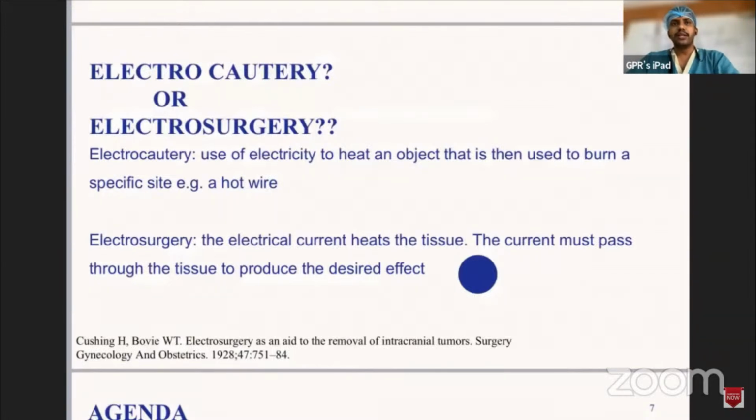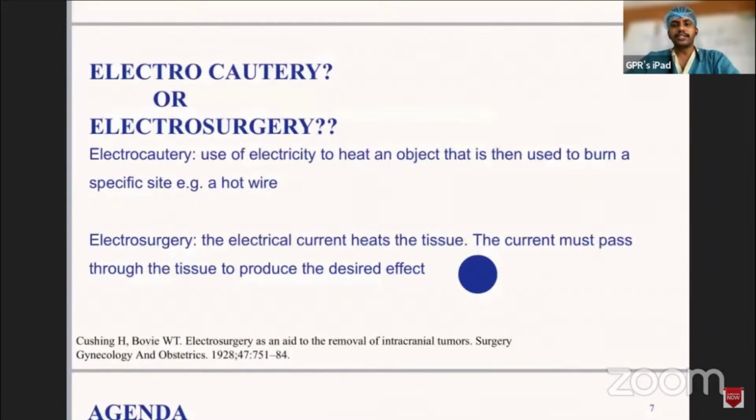This was later recorded, and people came to know that whenever the frequency is very, very high, it fails to produce any more stimulation. This forms the basis of our electrocautery unit.